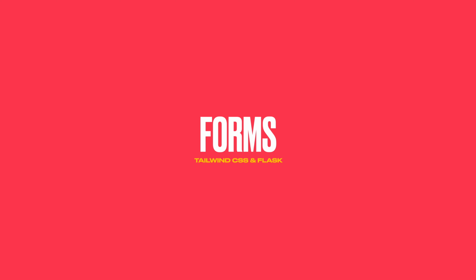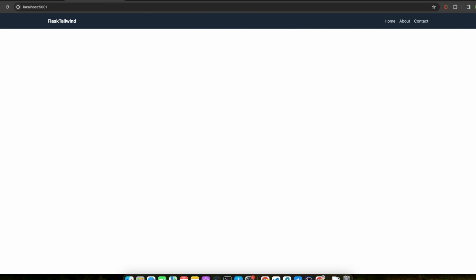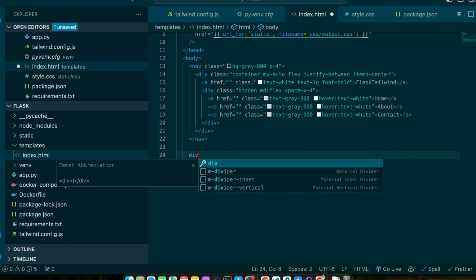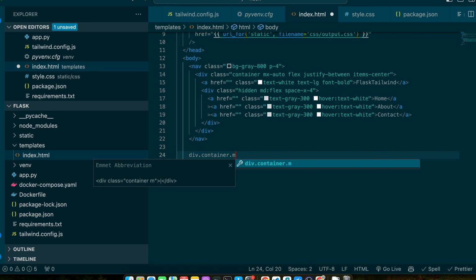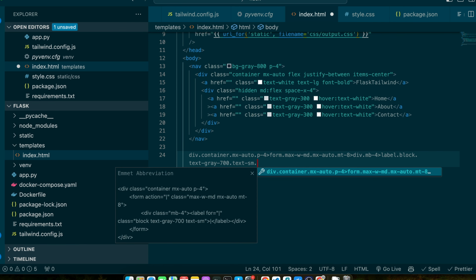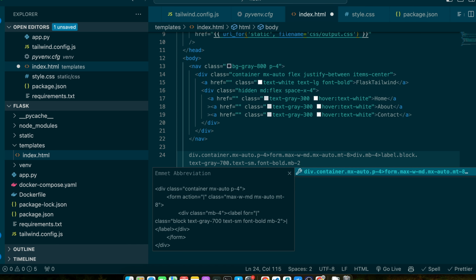Next, let's tackle forms. A well-designed form is crucial for a good user experience, especially on mobile devices. So let's do that. After this nav tag, let me add another div with the class container, mx-auto, p-4. Within that, I need a form tag that will have classes max-w-md, and then we need to add mx-auto, mt-8, and within that we need a div that will have mb-4, and within that div we need a label with the classes block, text-gray-700, text-sm,